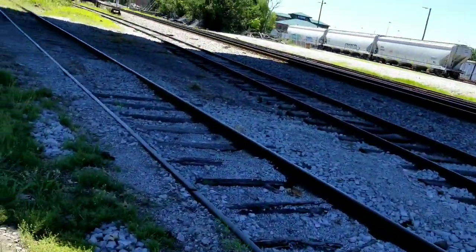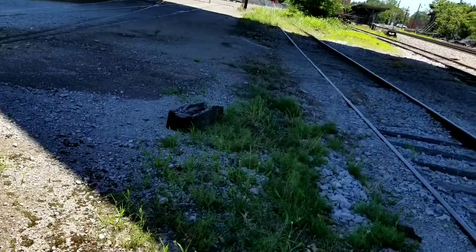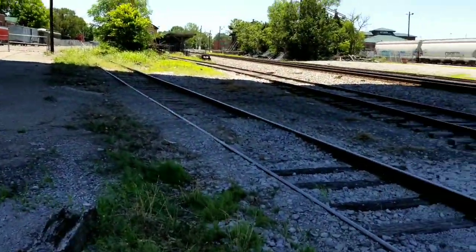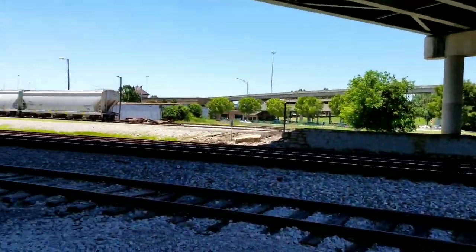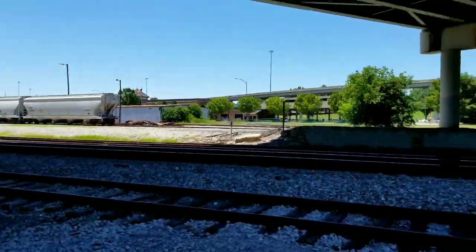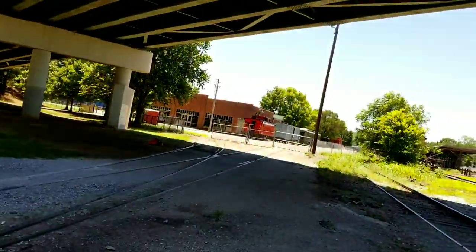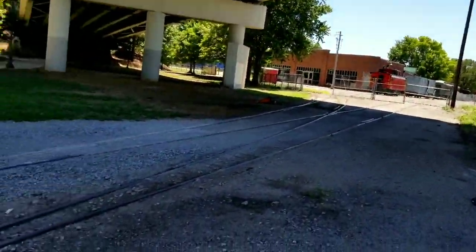So here we have where it kind of dispersed into the museum's yard. And there's the NS once again. That track right there starts the active part, and all those back there are active. Right there is the museum, which has one gate open. And then right here, this switch here,